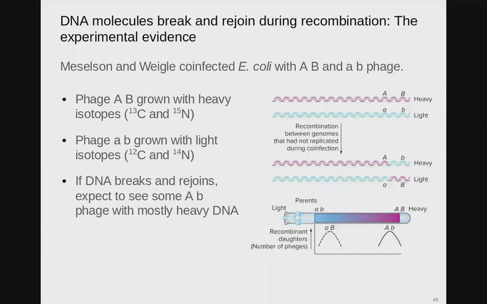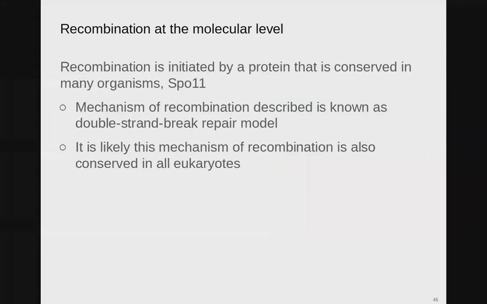Using these heavy and light, well, I should say just normal forms of nitrogen and carbon. Remember, our DNA bases are just all nitrogen and carbon, right? There's oxygen too, but it's mostly carbon and nitrogen. Now, recombination at the molecular level actually is mediated by a really heavily conserved protein called SPO11, and it's